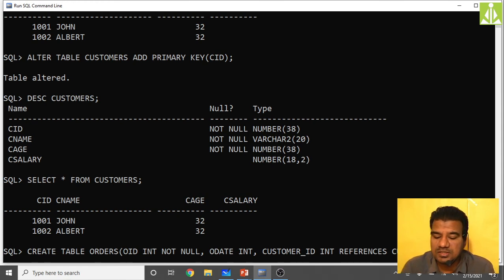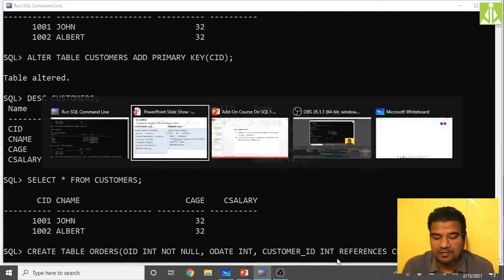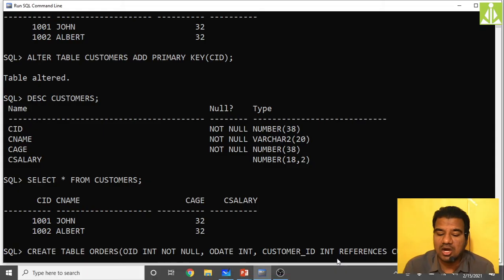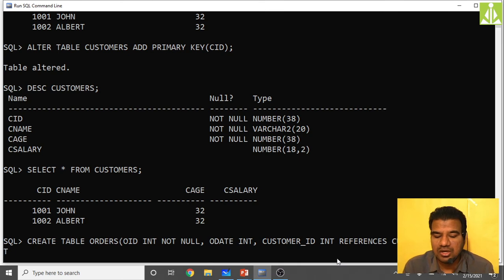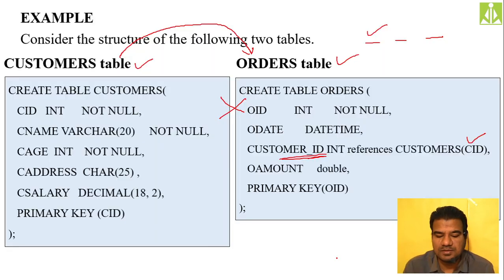So this customer table's CID is a primary key in the customer table. This primary key we are taking as a foreign key into the orders table for this customer ID column. Then order amount, a number we will take, because we are using so many different data types over here. After the discussion of data types, it's better to have it.